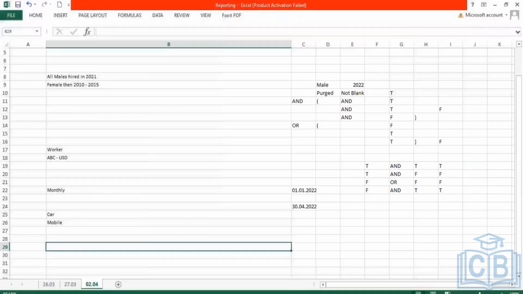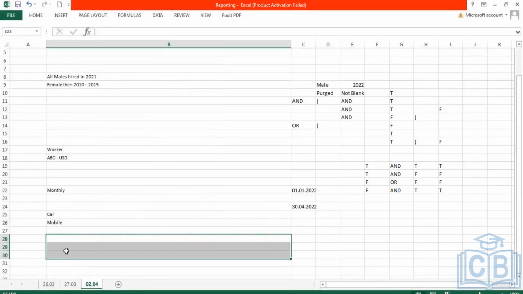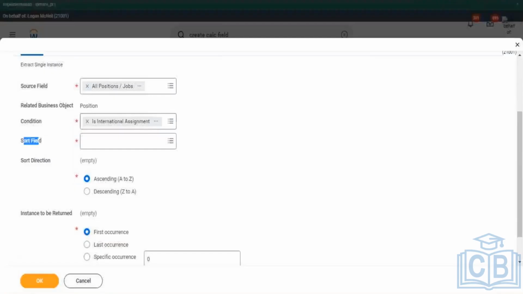In the case of performance review, the way I'll sort it is get me the performance review which is the latest one. I'll have to specify a sort field as well. In our case, there's no sorting required,